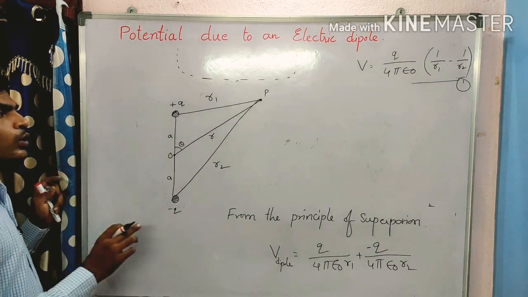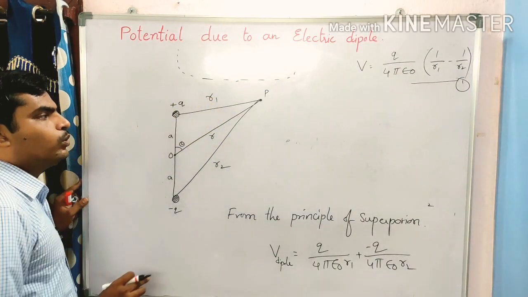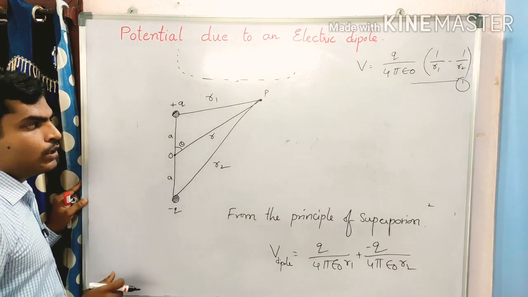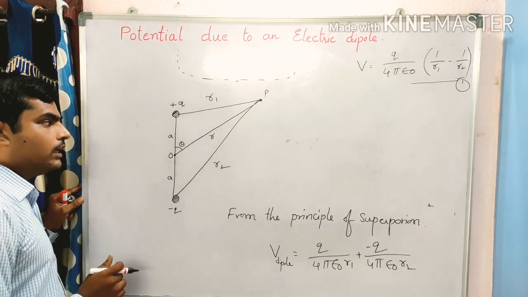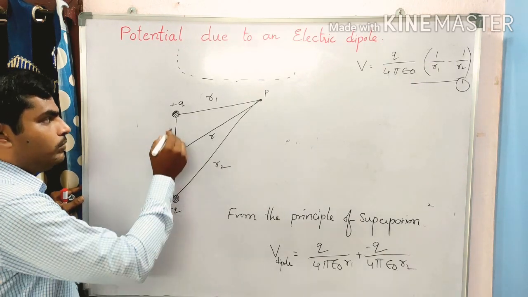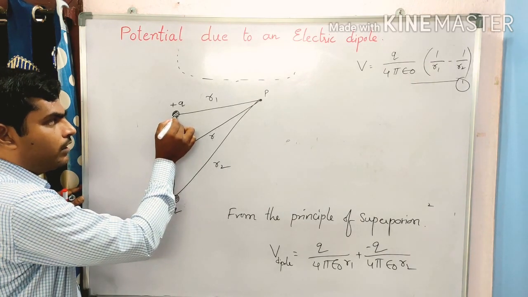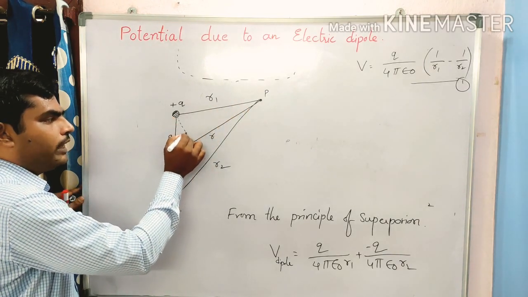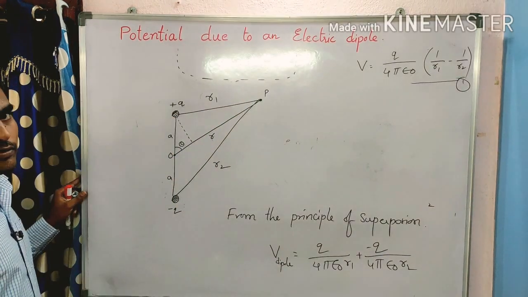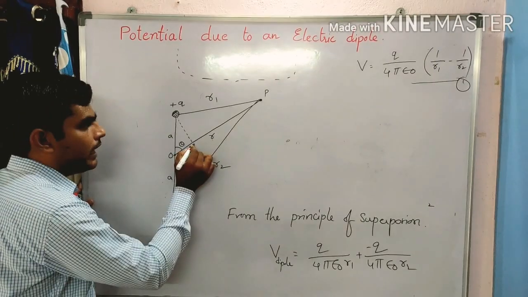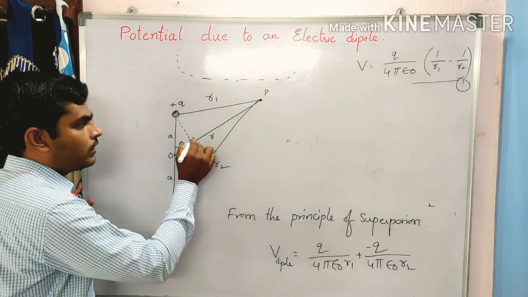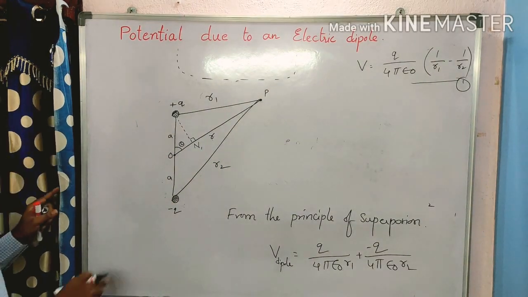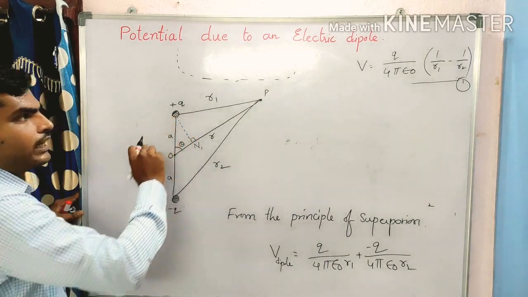Right, now to get the R1 value, I will make a right angle triangle here. So how do I make the right angle triangle? Just draw a normal from the positive charge to OP. You need not write this explanation; if you know it, it's enough. Yes, you draw a normal. I write this normal as N1. This is 90 degrees. Now you see, this is one right angle triangle.